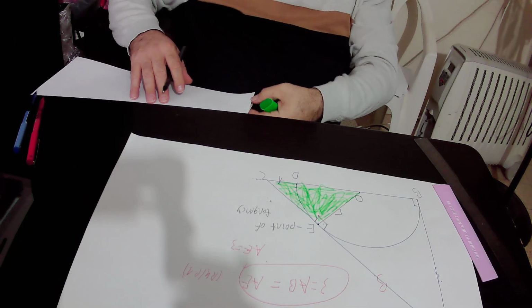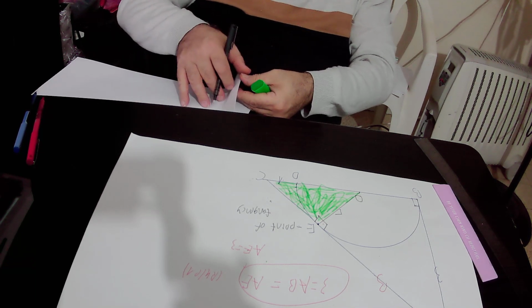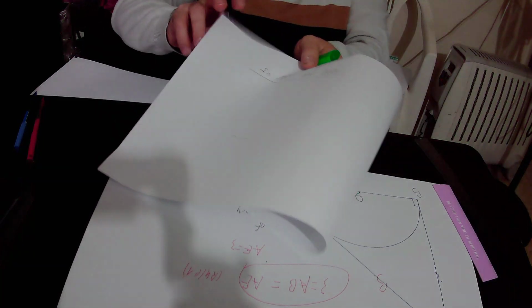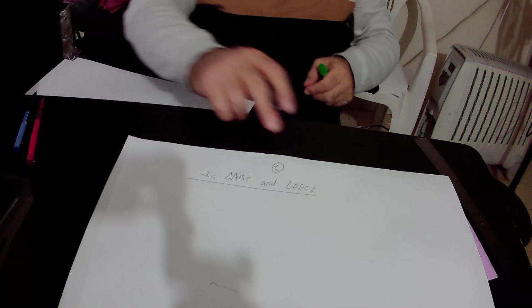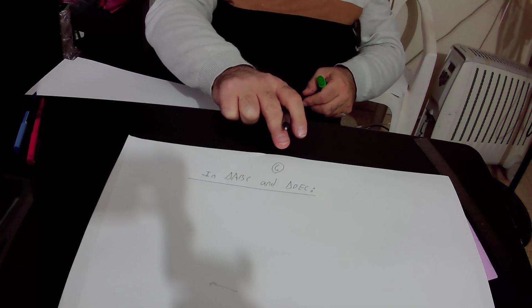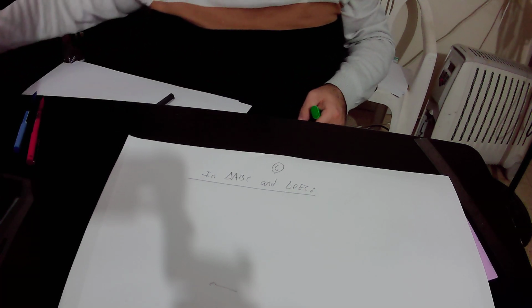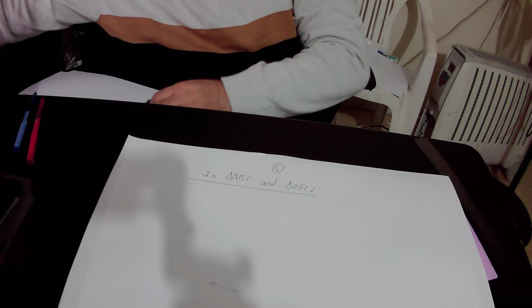So I will repeat again. We will focus on the big right triangle ABC and the small green triangle OEC. Okay, so in those two triangles,